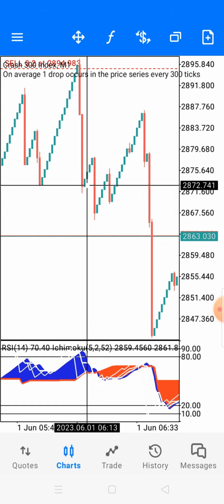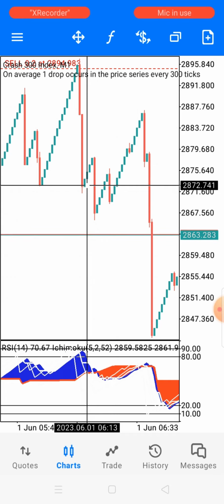So if you are looking to trade based on indicators, this is the right indicator setting for you. I'm going to show you the settings quickly, but before I do that, guys, quickly smash the